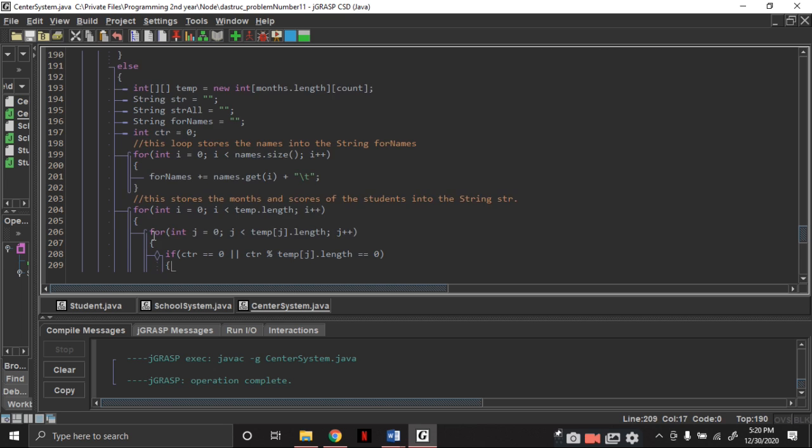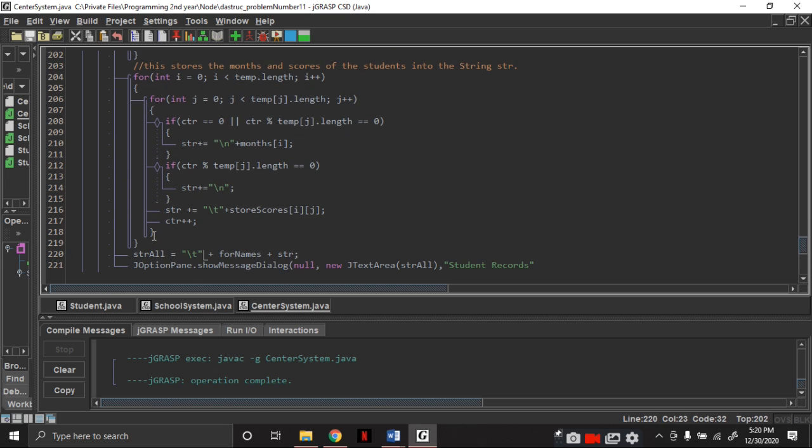Then in this nested loop, I use the temp.length.